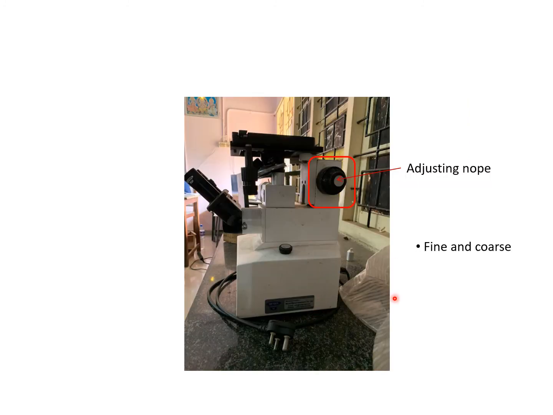And for adjusting, we have coarse and fine adjustment. We have this knob for up and down movement of the stage to focus and get the correct image. This knob we have to adjust. And for fine adjustments, we can use this smaller knob; one is a bigger knob and one is a smaller knob. And here one more knob is there, for left and right movement of the sample. So a slight movement can be done using this knob, left and right movement.